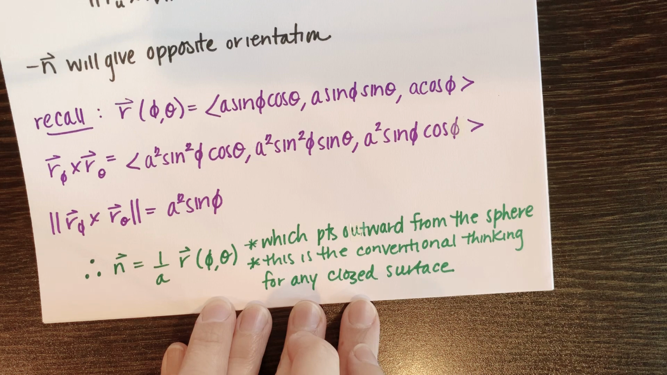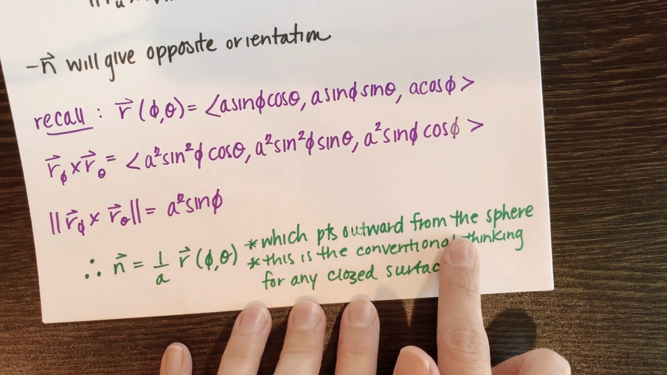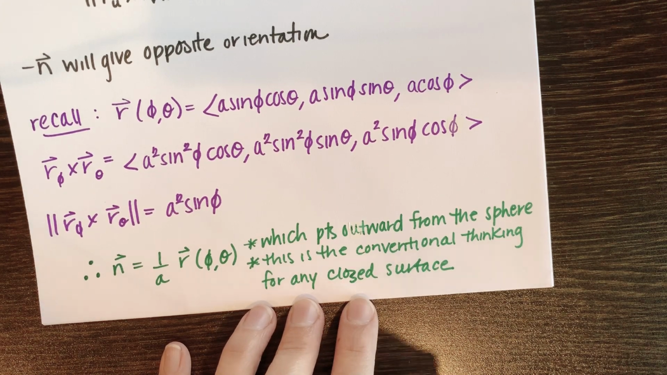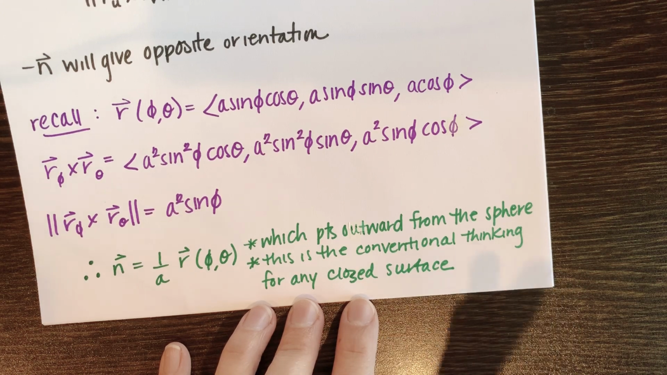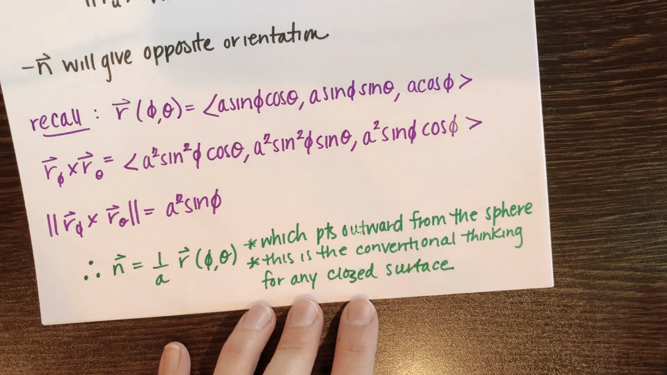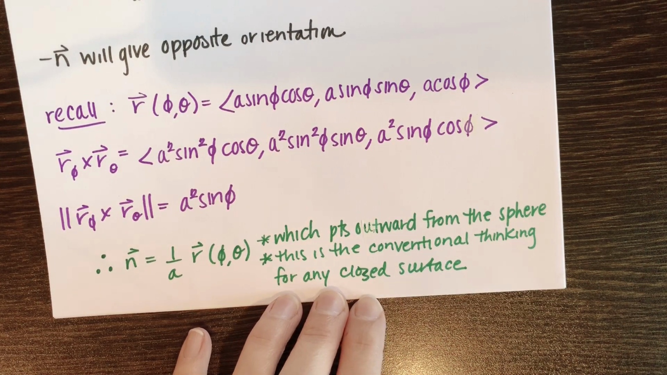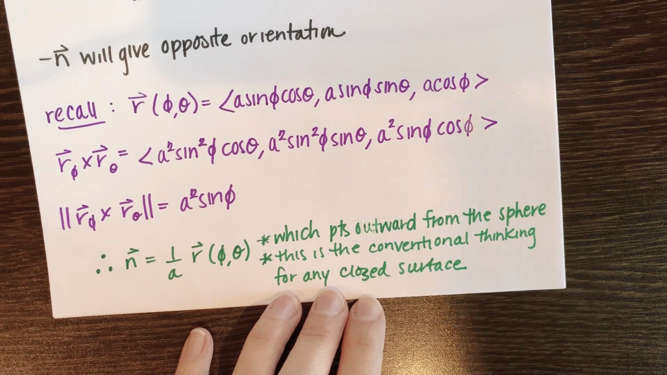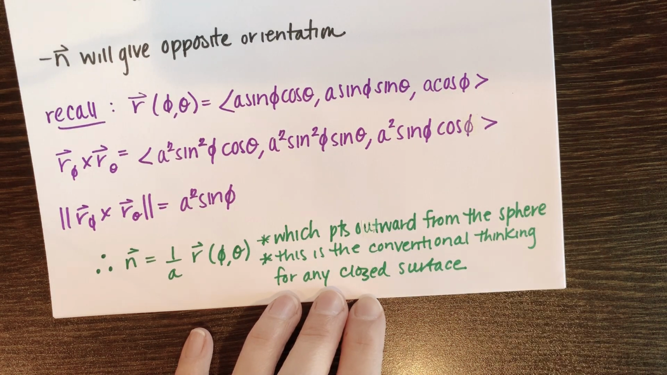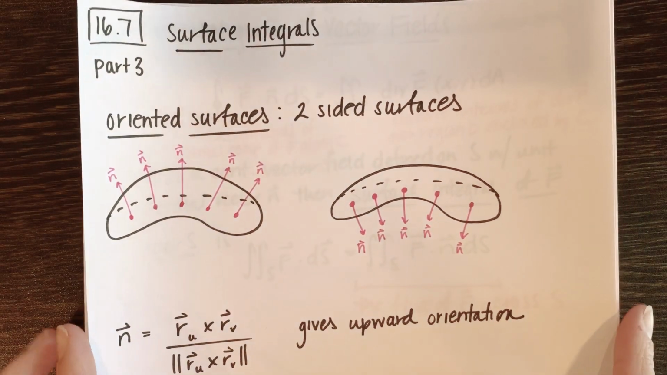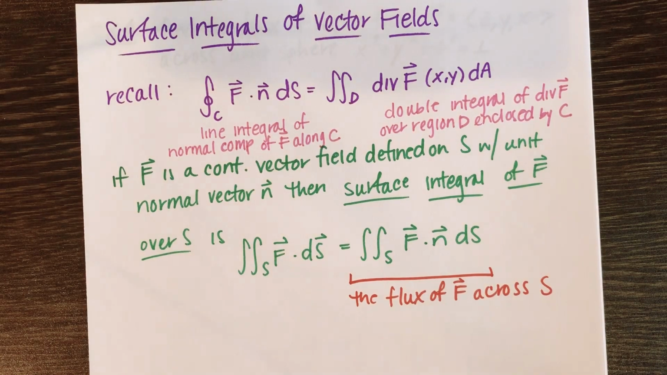So that indicates to us that it points outward from the sphere, and this is the conventional thinking for any closed surface. The conventional thought is that the proper orientation is pointing outward from the surface. If you think of a sphere, it would be pointing out of the sphere. Into the sphere would be the opposite orientation. So it's just a little bit of background on the idea of an oriented surface,